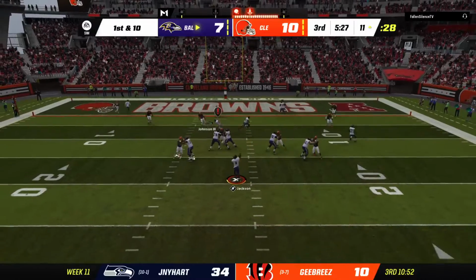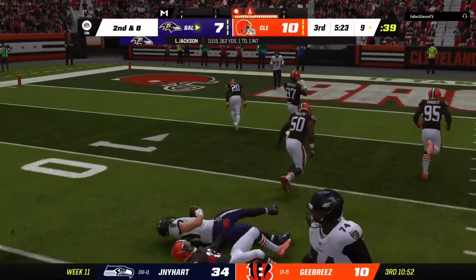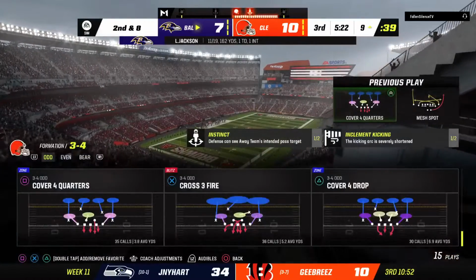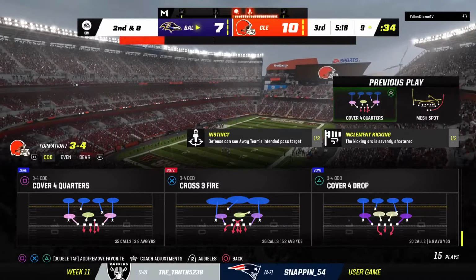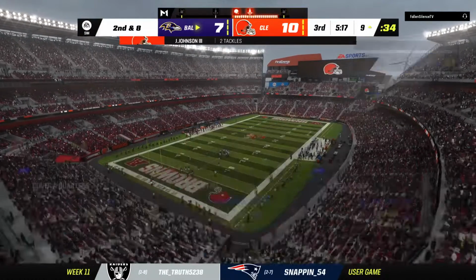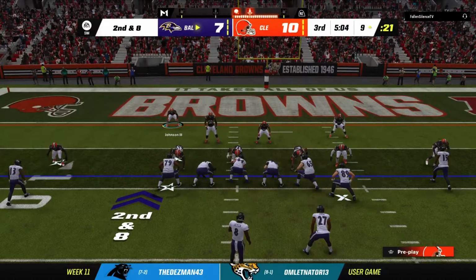They'll throw on 1st down with Jackson. Over the middle, complete. It's Andrews. A minimal gain there on the 8th play of the drive. They gave up the completion there, but this is what zone defenses count on. Catching the ball and not much run after the catch. Ball at the 9 on 2nd and